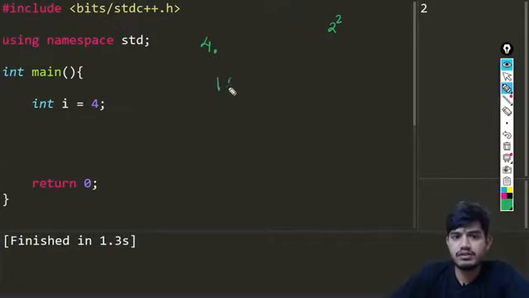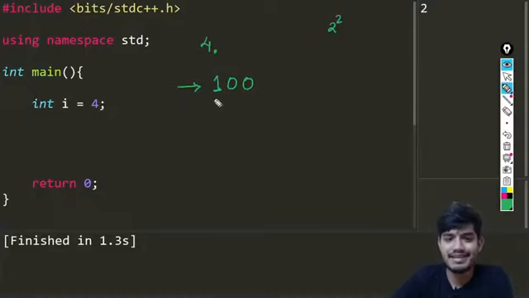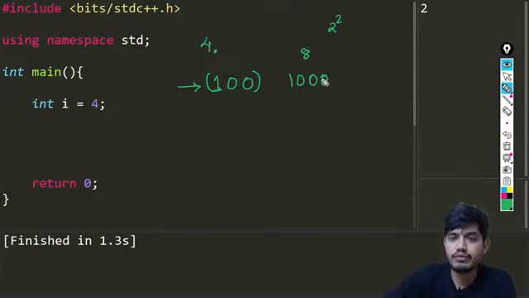So 4 is nothing but this value, and you need to tell me what are the things that we are going to be checking in case of powers of 2. So this is how we are going to be representing 4, and this is basically how we are going to be representing the value 8, which is nothing but 2 power 3.